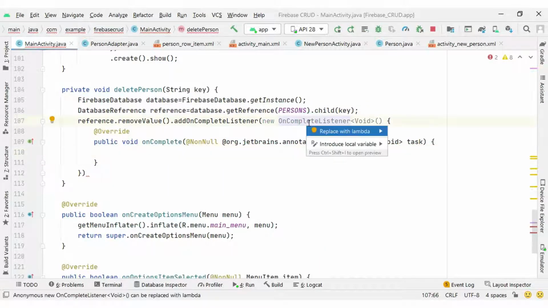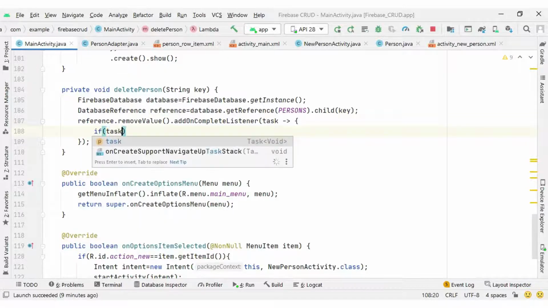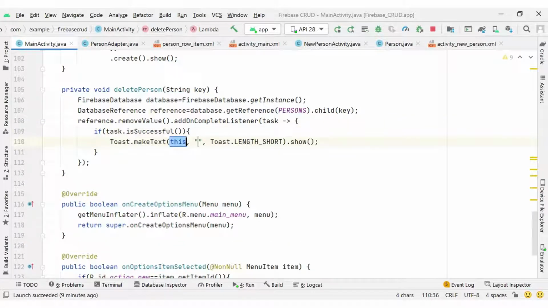You can replace this syntax with a lambda, and the same code you can repeat which we wrote while inserting the person. So if task dot is successful, then we will have the toast, deleted successfully.